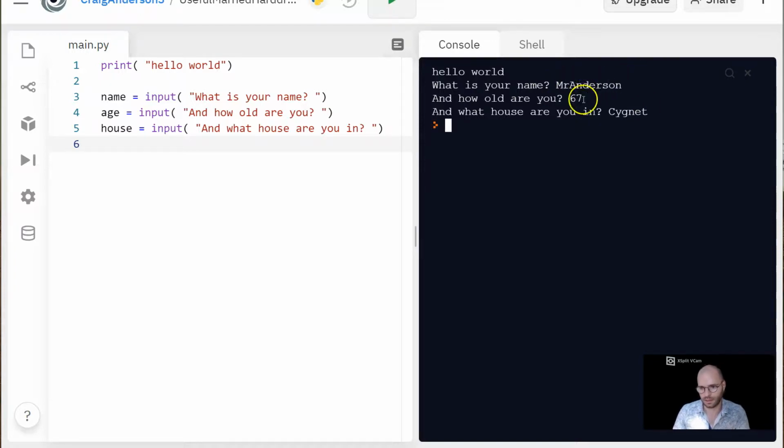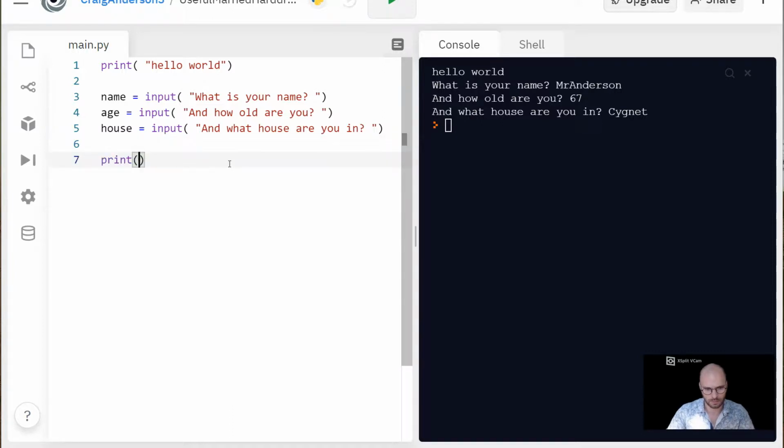Done. Now that we can get our program to ask for our information and store it, what we're going to do is get it to display it. So we'll go over and we'll use our print command. And then we'll say, your name is, then we'll go plus name, then we'll go print,